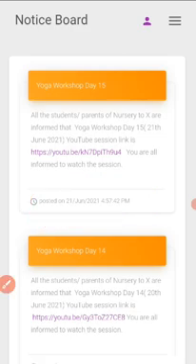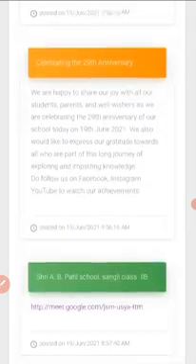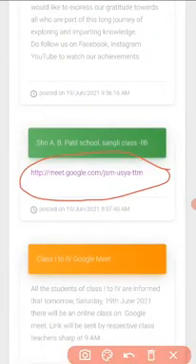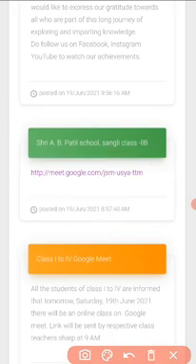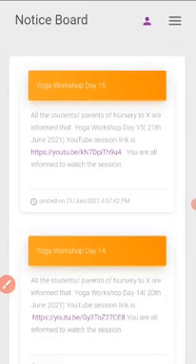Sometimes the teachers schedule a Google Meet also. They also send their link through this notice board. So you will get a link like this, and the scheduled timing is also there. So as per that you can attend the Google Meet also. So this notice board is there. You have to watch it daily, once in the morning and once in the evening, through the login.